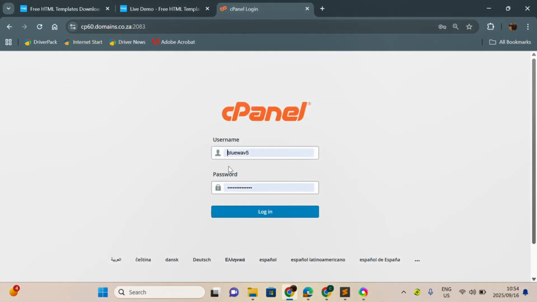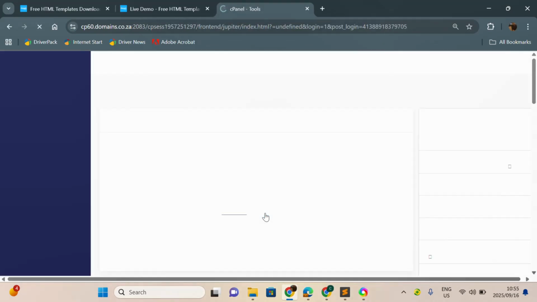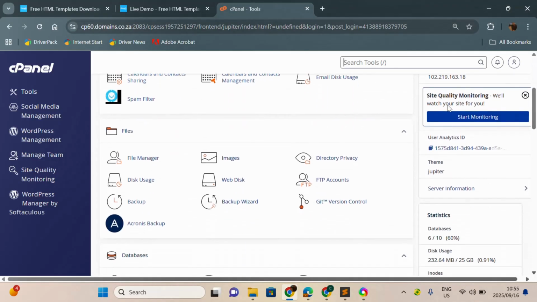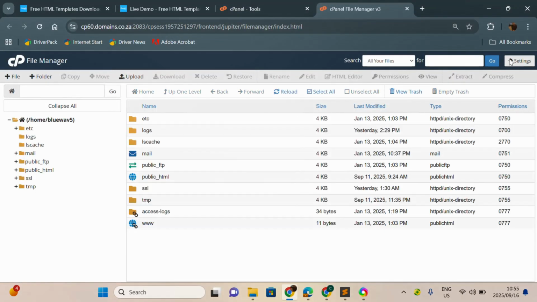And then here you will enter the details. They will send you an email with the username, the password, even the URL address to navigate to this page. So you click log in. Once the login is successful and that is set up, you need to go to Files here. Then under Files, you need to go to File Manager, right? Then under that File Manager,